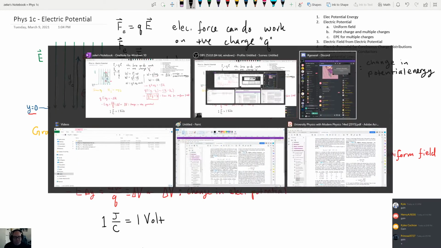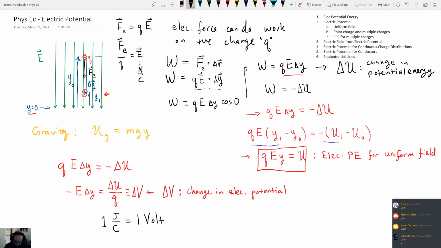Does that make sense? Yeah, it does. Anyone have any questions? So now we know what a volt is. We know it's a type of unit of energy, but it's not just regular old energy. It's energy per unit charge. So to actually